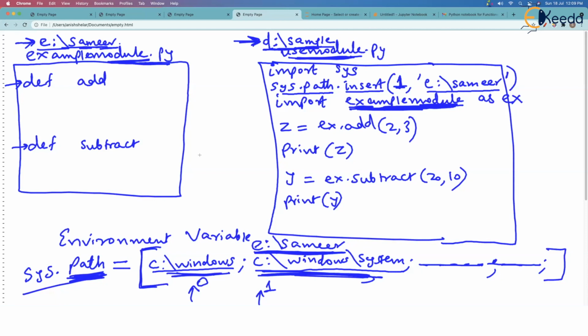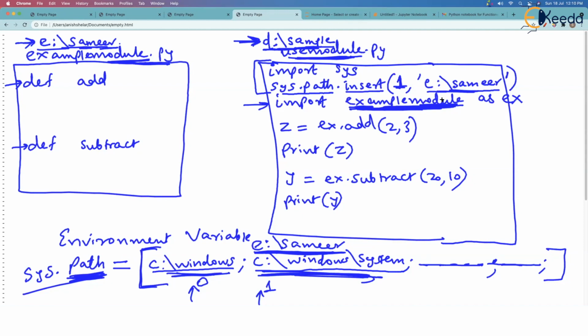And I hope you understand why these 2 lines have been written first and then import has been written. Come on. If I write this import first and then import sys and then insert the path, what's the use? First, I will add this path and then I will import example module. I hope you're understanding. I want all of you to give this a try, seriously.